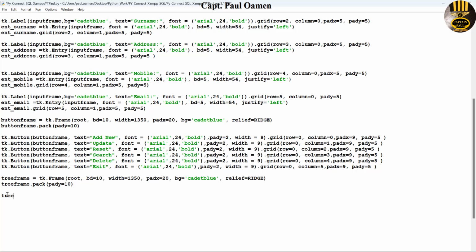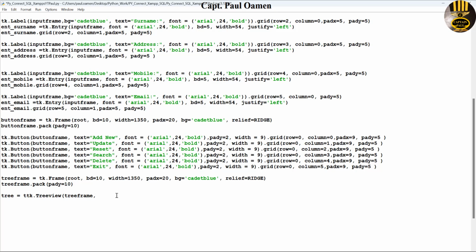Tree is going to be equals ttk.Treeview, and that is using tree frame, paste, comma, and I'm going to now enter,